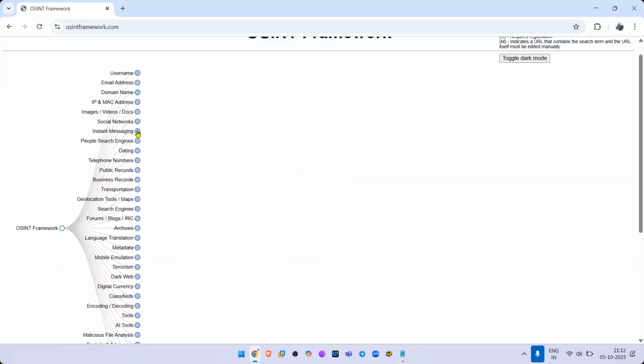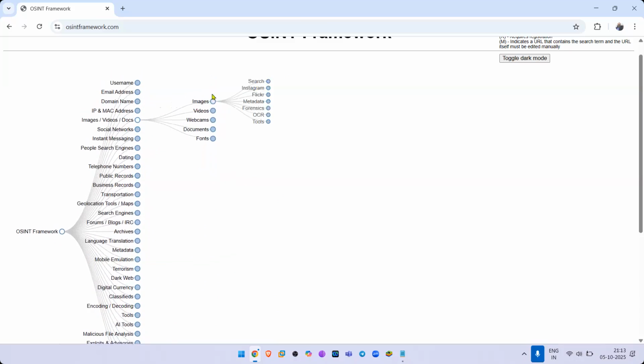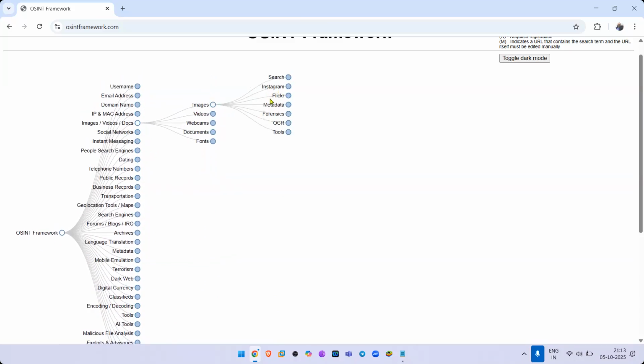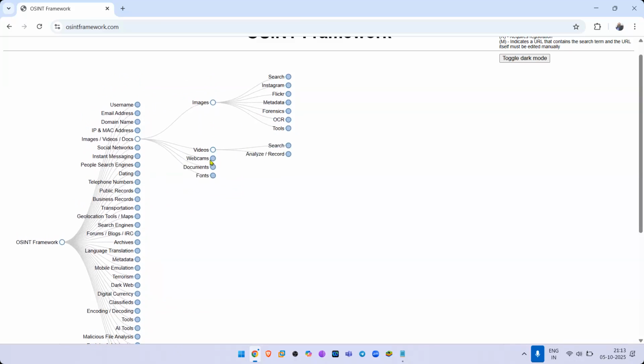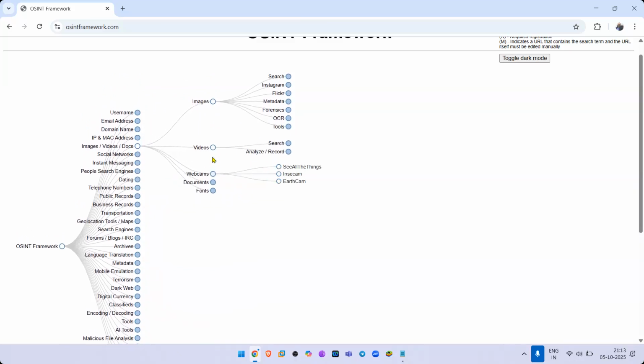Let's search for instant messaging, social networks, Facebook, Instagram, Reddit, Twitter, LinkedIn, TikTok, etc. If you're searching for images, there are image search engines, video search engines, metadata search engines, forensic search engines. For videos, you can see cameras here.